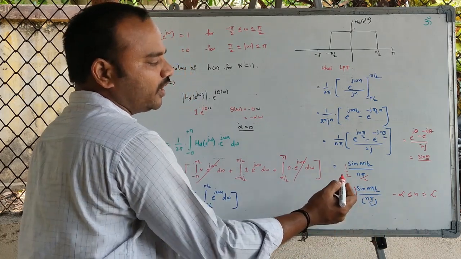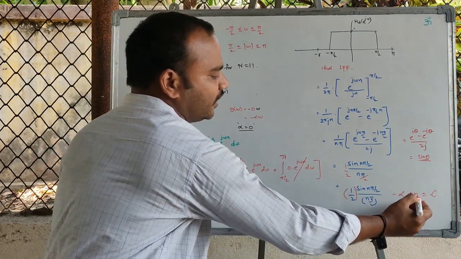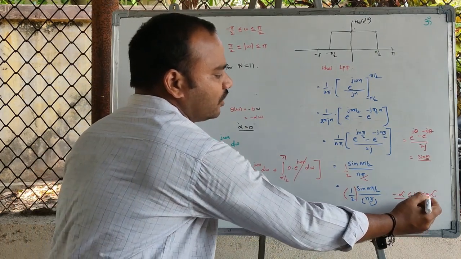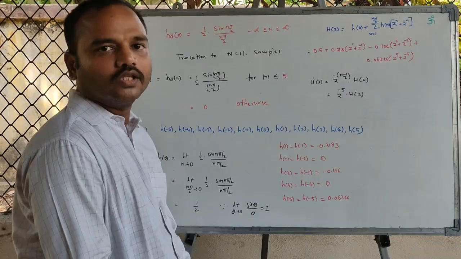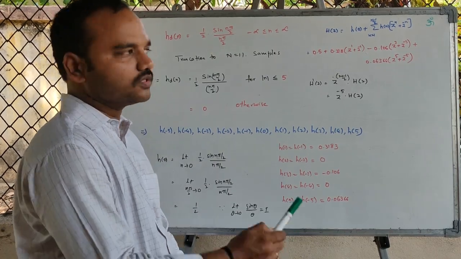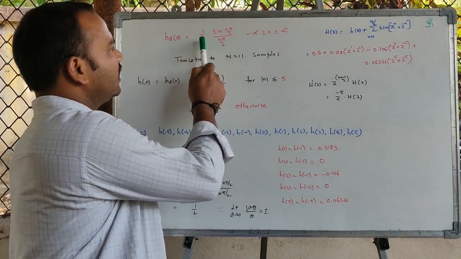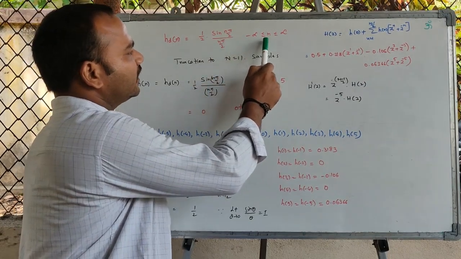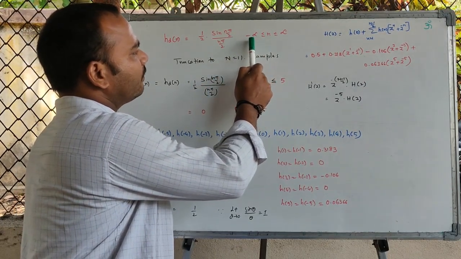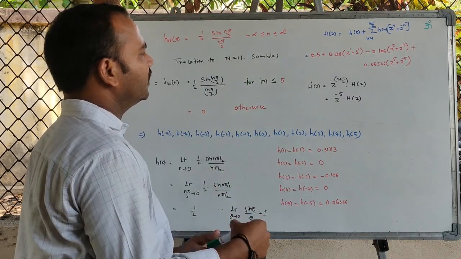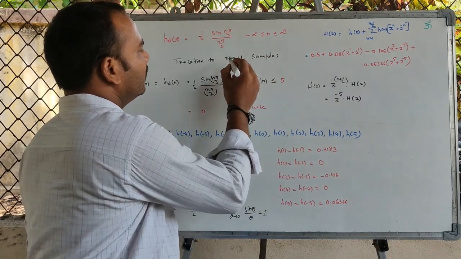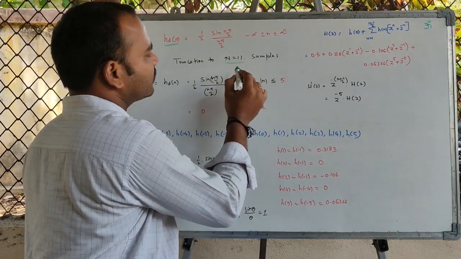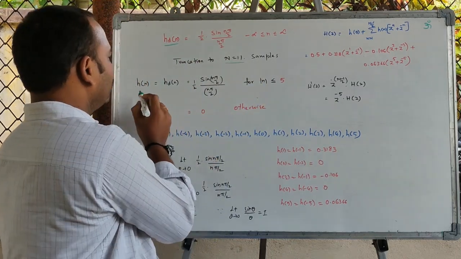Here the important point that needs to be observed is the range of n. The range of n is from minus infinity to plus infinity. The obtained desired filter response hd of n is half times sine n pi by 2 by n pi by 2, and the range of values of n is from minus infinity to plus infinity. From this we will truncate this hd of n to the given number of samples, that is 11.